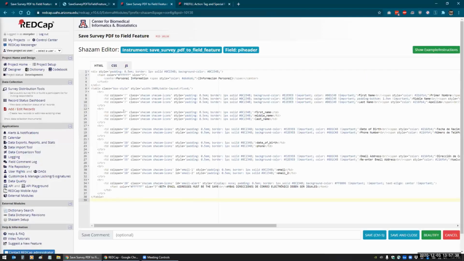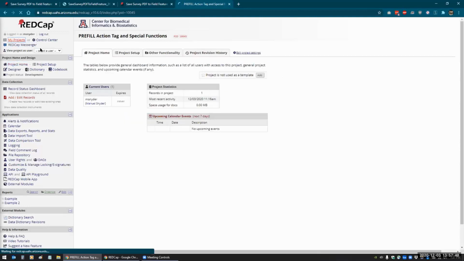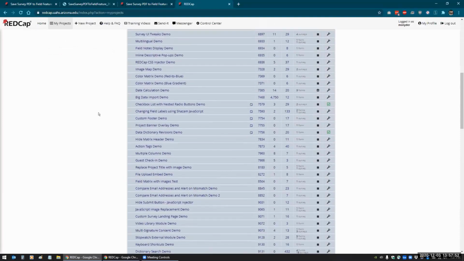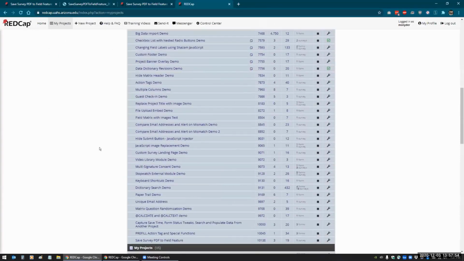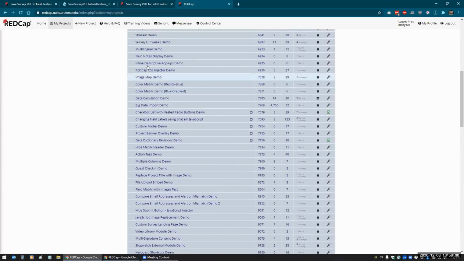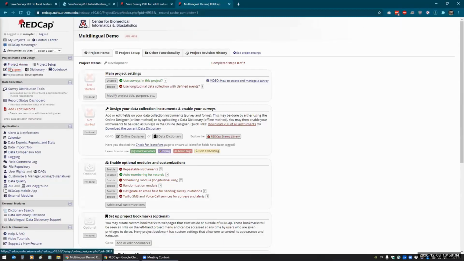HTML. But one of the new features in REDCap is field embedding. So let me go to one of my projects real quick that has it. I think you saw a little bit of it in the multilingual demo. So if you go to the